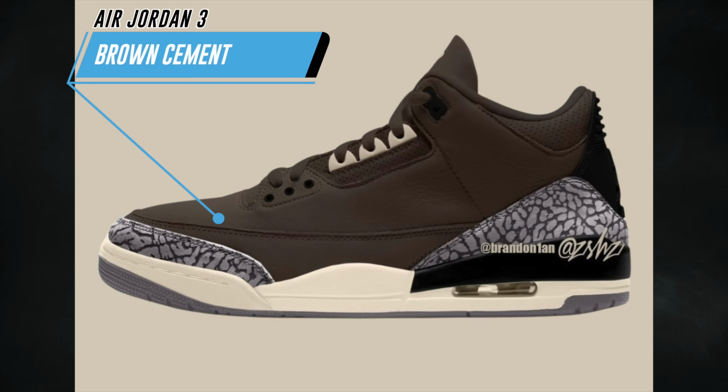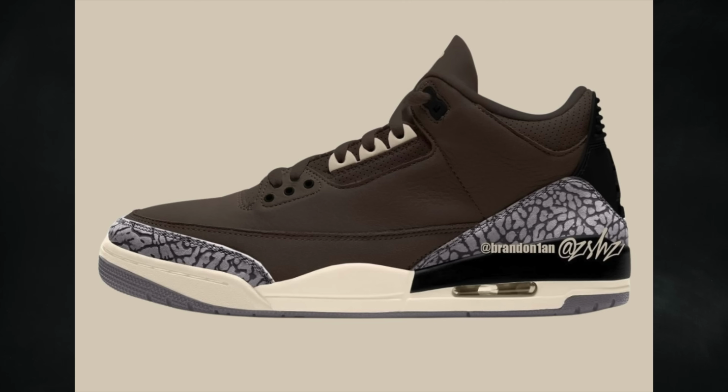The Air Jordan 3 Brown Cement has been scrapped. Now, the image you're looking at is just a mock-up, and we didn't know how the shoes were going to look. However, they were going to feature a Baroque Brown, Cement Gray, Black, and Cell color combination. And knowing how Jordan Brand is, and just seeing all these releases throughout the years, more than likely we were going to get an Air Jordan 3 in the black cement color blocking, but instead of black, they were going